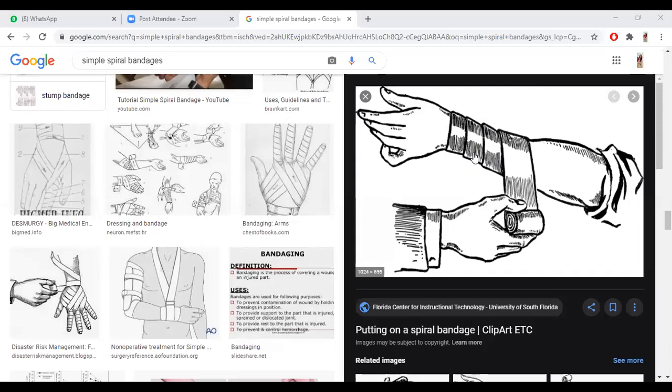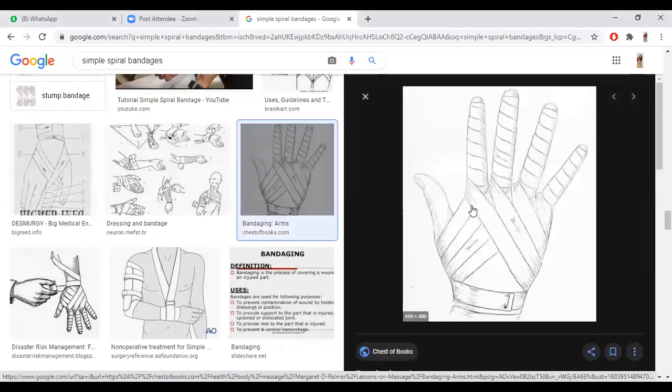And for fingers it is this one. In this way you will do the bandaging, and then pin it up. In this bandage there is a pin, so here you can pin it. If there is no pin, then you can use safety pins or adhesive plaster. So this is the simple spiral bandage.